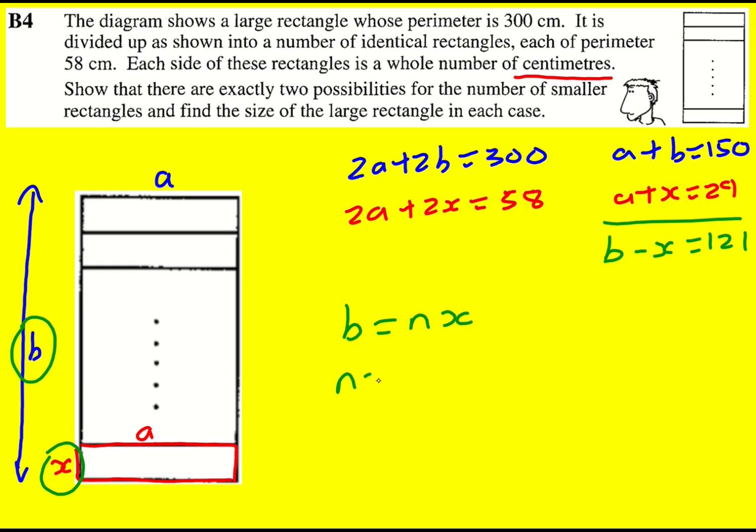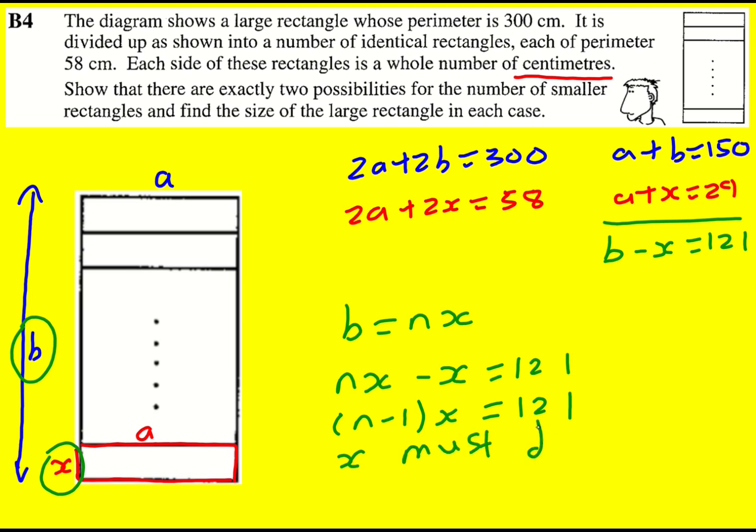Then it becomes nx. I know we don't know what n is, but this is going to be useful. nx minus x is 121. Factorize out the x. So n minus 1 times x, I've actually put the x to the right-hand side, is equal to 121. And I've turned it into a multiplication problem. So it must be that x must divide, because n is going to be a whole number and x is going to be a whole number. So x must divide into